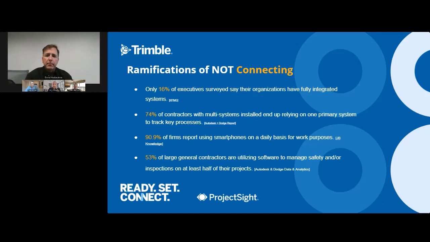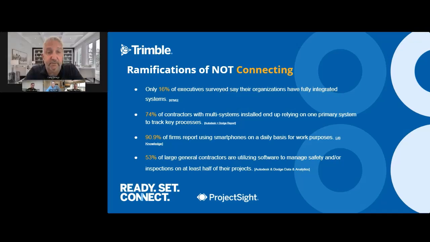And I would be remiss if I didn't mention that there previously was an integration between ProjectSight and Vista. AppExchange, my company, formerly known as Rivet, has rewritten that integration, and it was just released yesterday. So if you're a Vista user using ProjectSight, reach out to your account rep, or you can reach out to me if you want, and we'll get that on there.